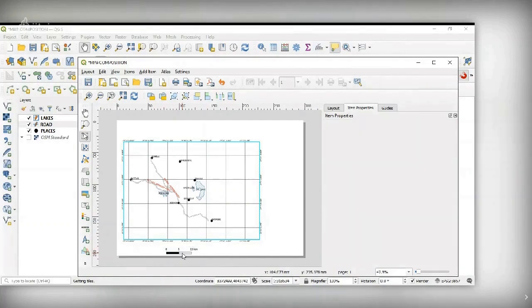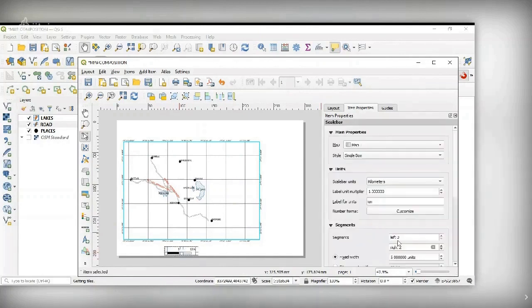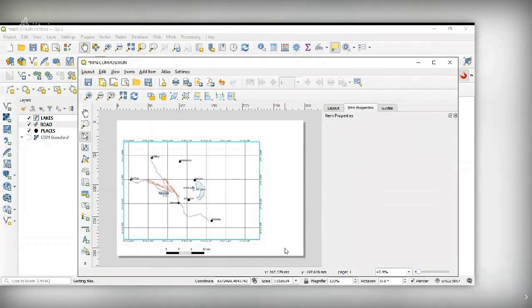So what we have inserted, we have inserted the thematic layers. We have drawn the frame. We have drawn the grid with grid interval of 5 minutes. And we have labeled with coordinates, that is in degree, minute, seconds. So this is all about the map part. That is the main part. So next we need to have a scale.